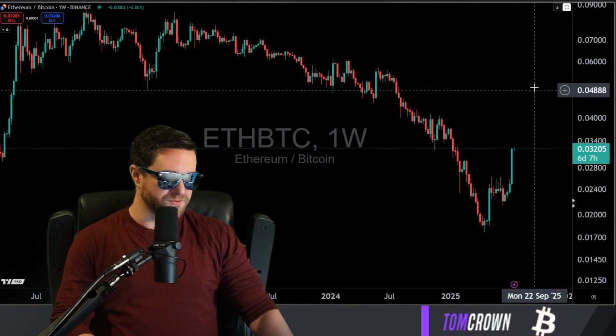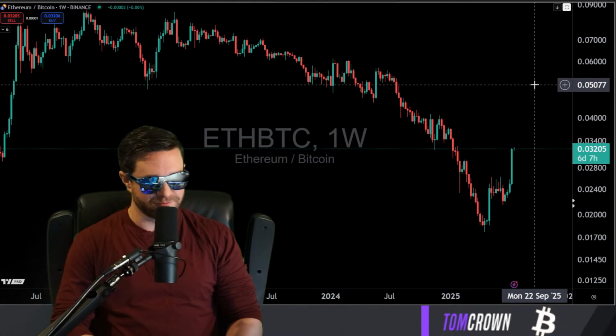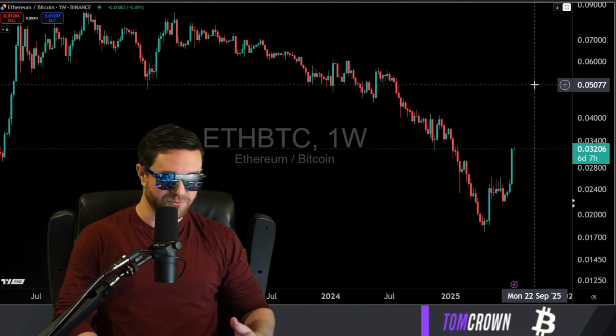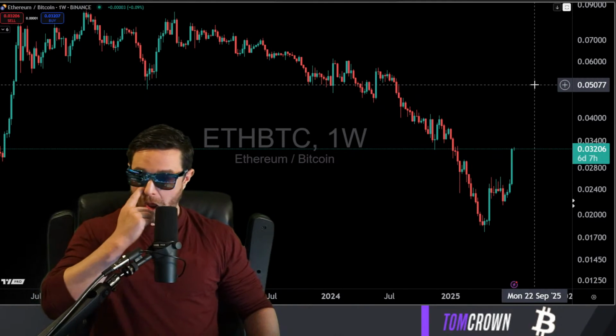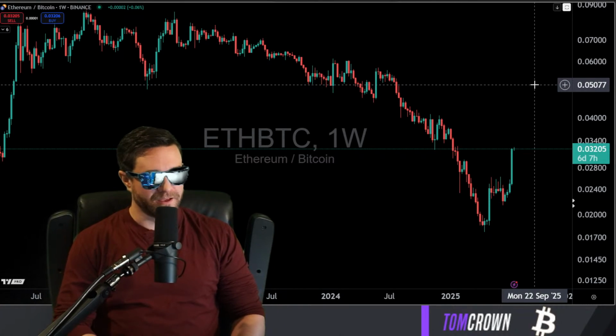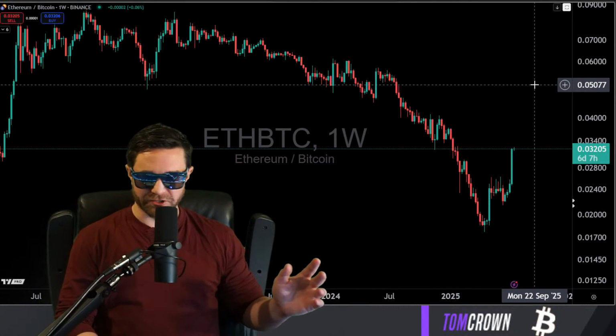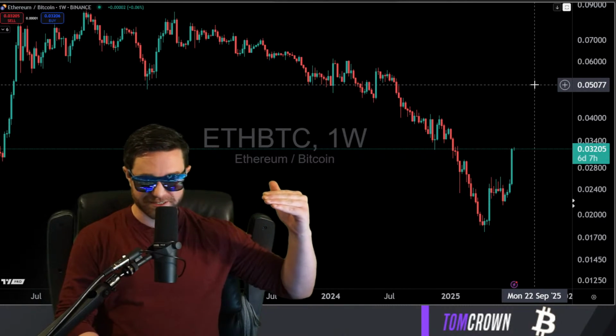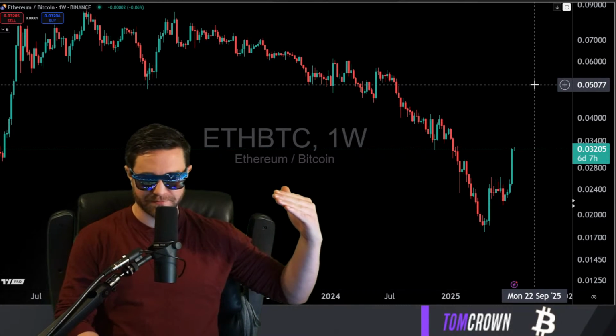Let's say Ethereum moves up to 0.05 and you sell it there. You have changed 0.032 Bitcoin into 0.05 Bitcoin. You have gained against Bitcoin. This is the moneymaker. And in your portfolio tracking software, however you view this, that will show you that you have increased, that you have made a successful gain.